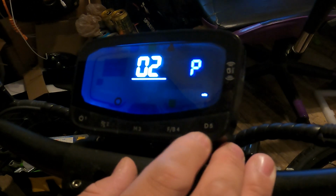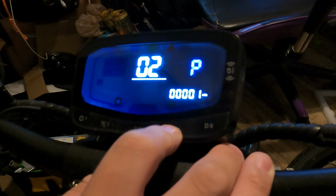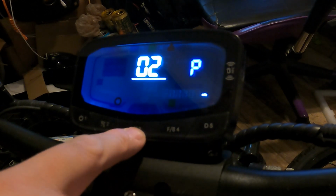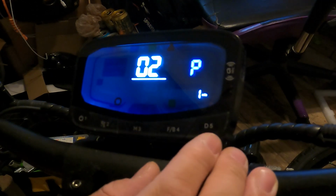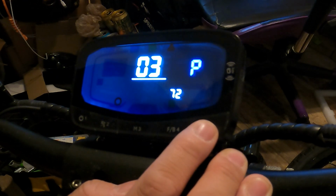So we can adjust it over here, do kilometers and miles, just kilometers, but we're just going to keep it on the miles. So we hit 3 just to confirm, and then we're going to cycle over to P3, which is the voltage